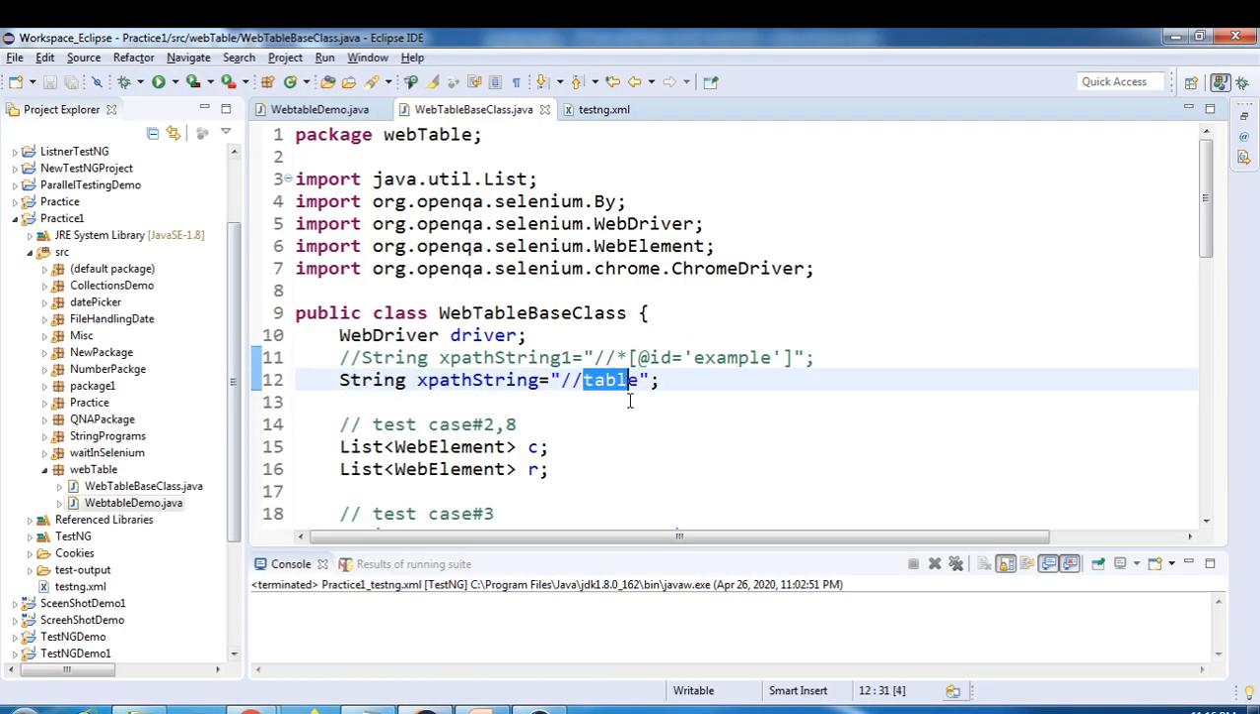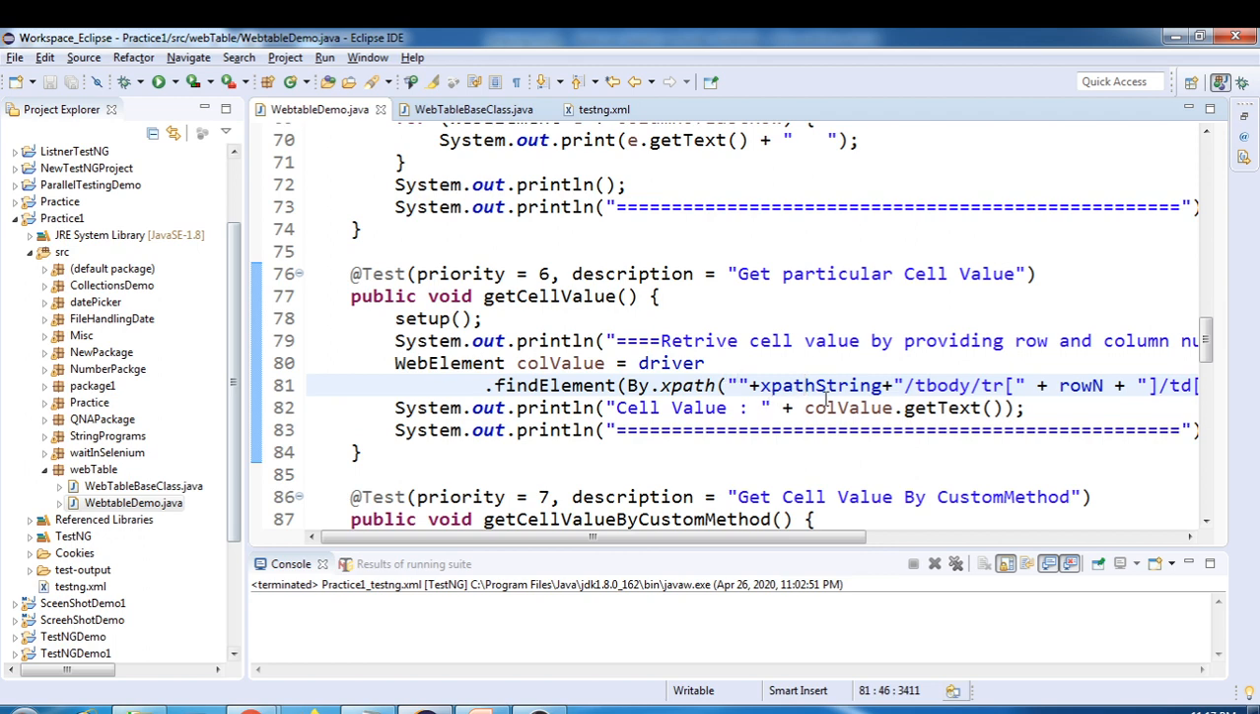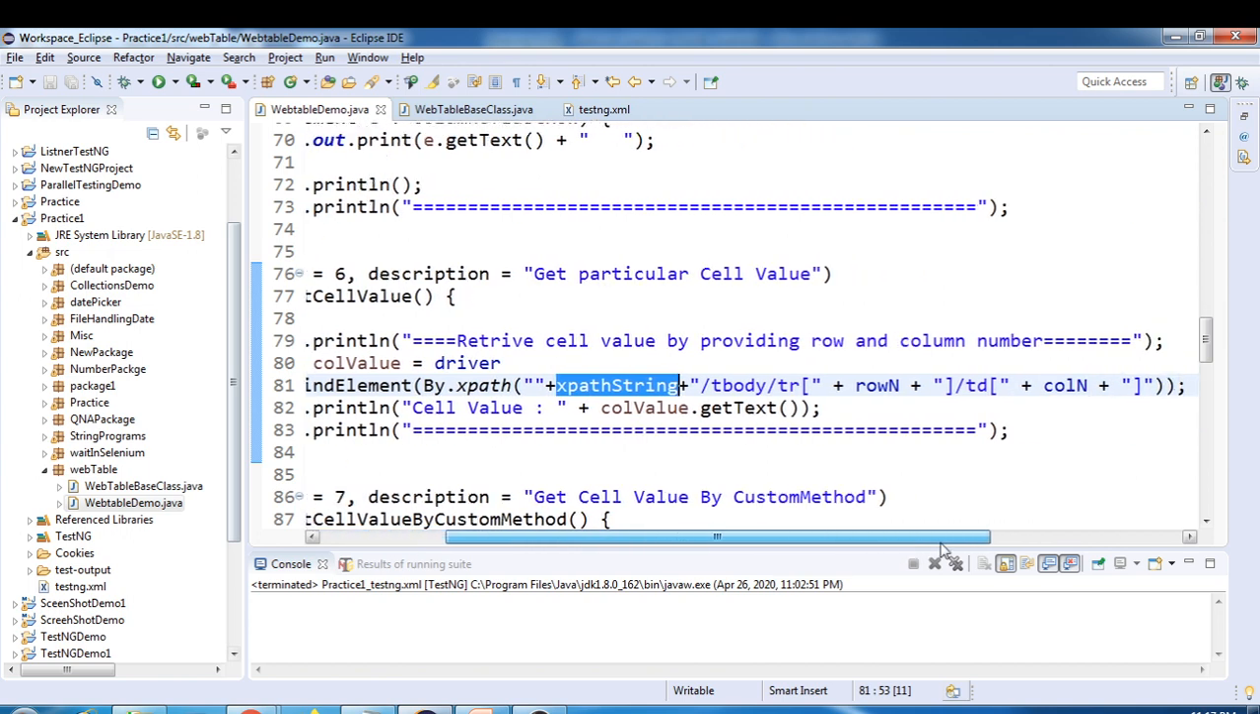We can search for table, we can write the xpath like this. So this is constant, guys. After that the xpath may change, so that's why I have stored this xpath string in the base class. So this is how we can concatenate in the xpath, in the form of string. Directly we cannot write like this, so we need to separate using plus sign, and we can write xpath string. And after that we have tbody slash tr, and again we have two dynamic variables here,